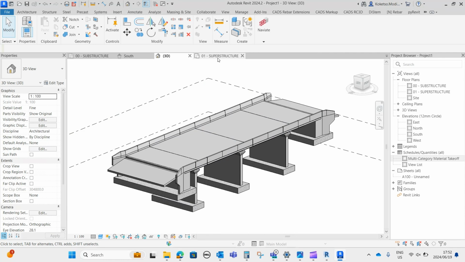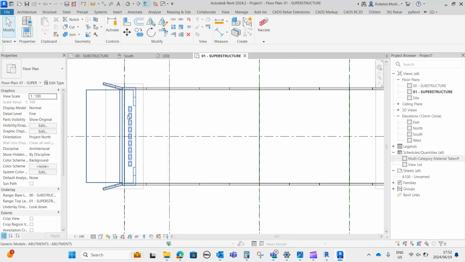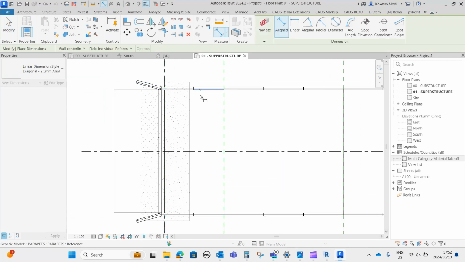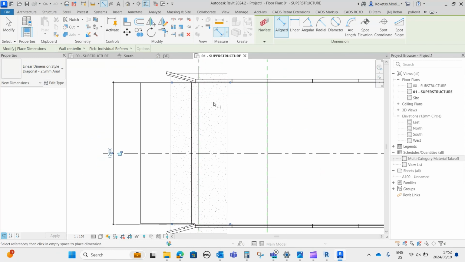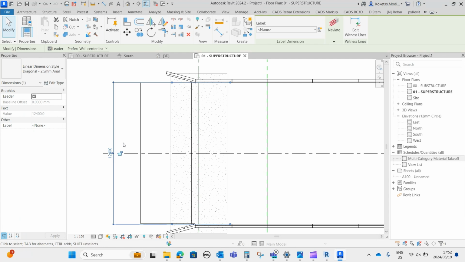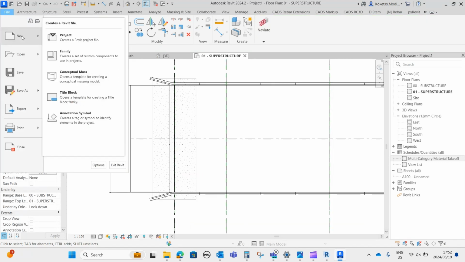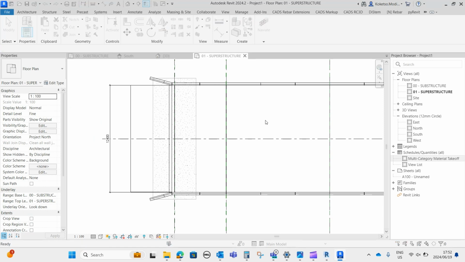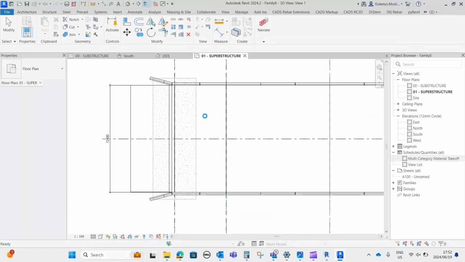So for our ballast, you're gonna go to the superstructure floor plan, and then you can just measure the distance from there until there, which is 12,400. So each ballast, it's going to be roughly 6,200. So you're going to go to file and say new and say family. So for our ballast, still we're going to use the metric generic model, say open, and then